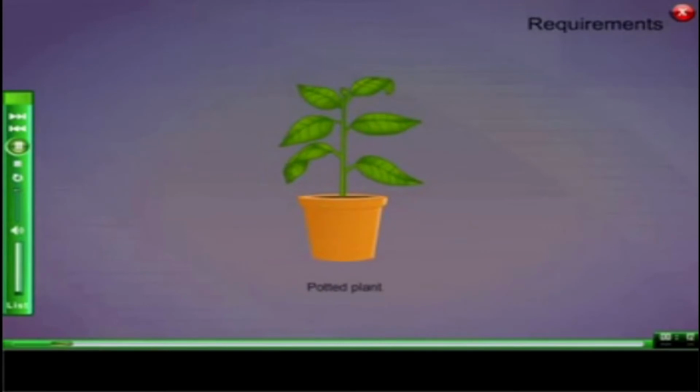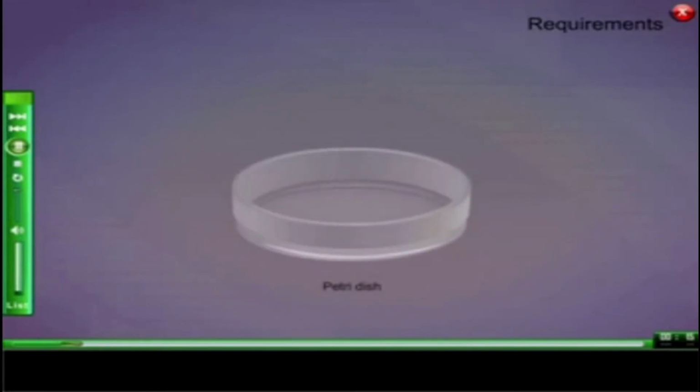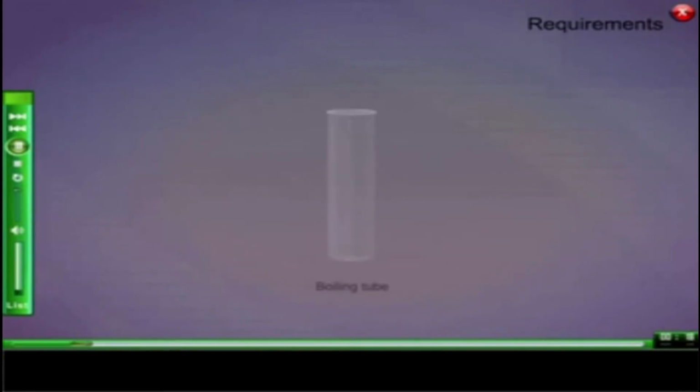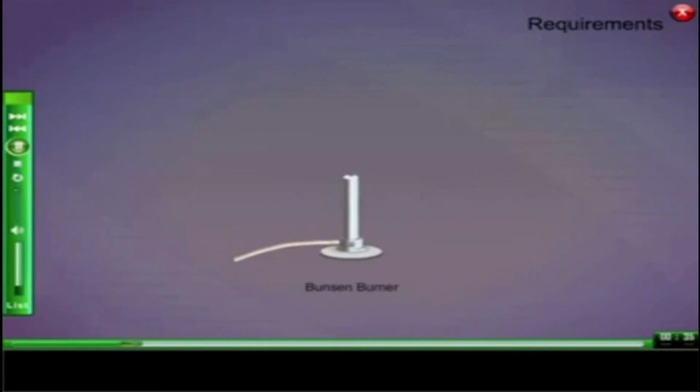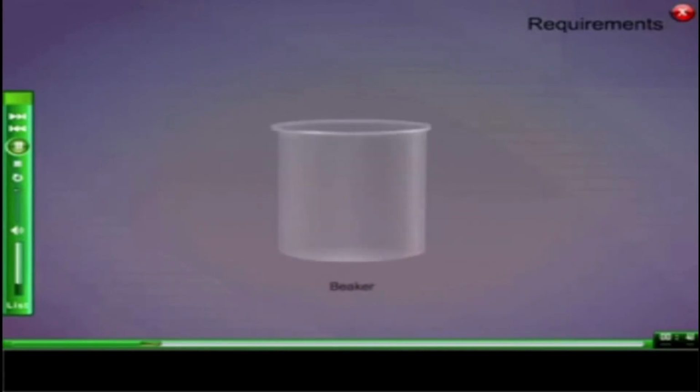Requirements: potted plant, petri dish, boiling tube, alcohol 70%, iodine solution, Bunsen burner, forceps, beaker, water, dropper, black paper. Procedure: